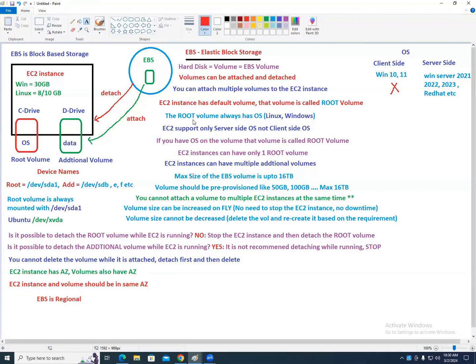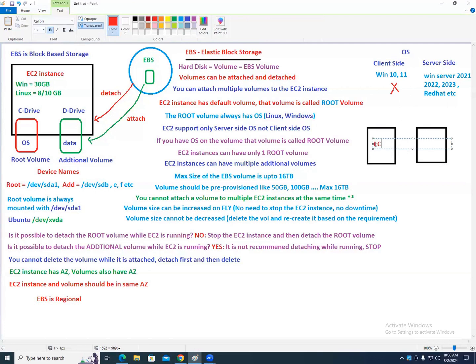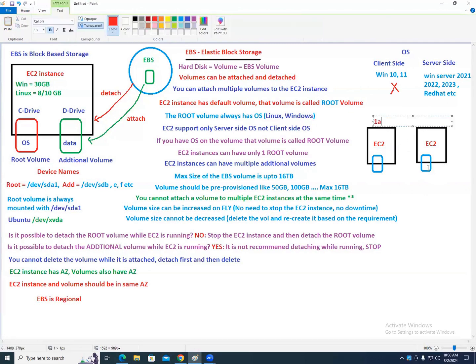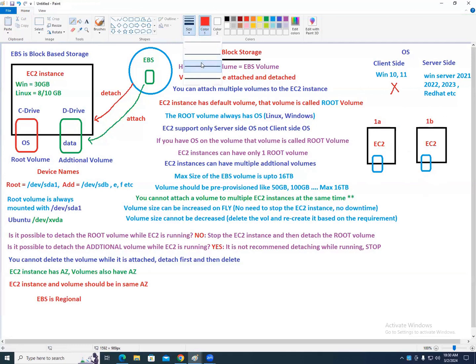So guys, I'll put one small diagram. Tell me, is that possible or not? The real time. I have EC2 instances. This is EC2, and this has volumes. This is in 1A. This is in 1B. Now tell me, listen to this carefully.